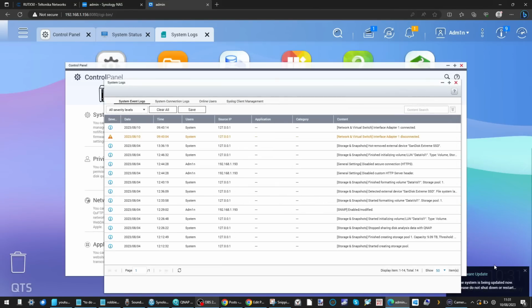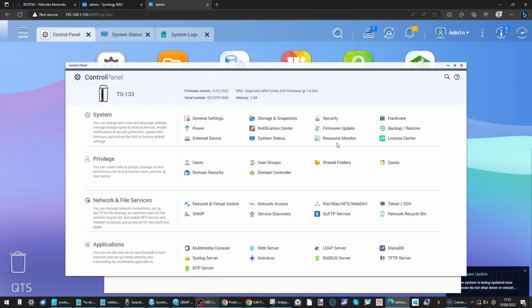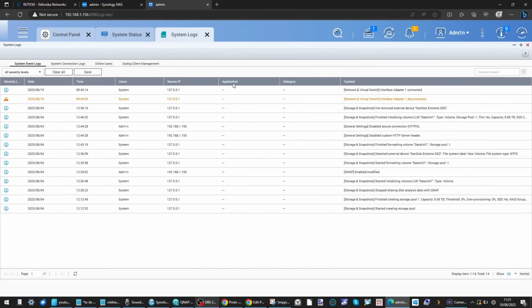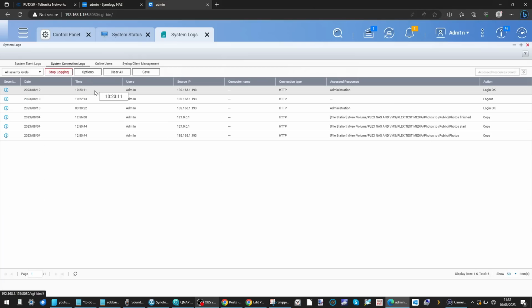But again, just taking a look there at the bottom, that thing to do with the system being updated, I did not set the system to do updates, and I'm not going to click firmware updates for reasons that will become clear in a moment. But when I logged in here, we can see there are the logins there, there's the fourth, and no gap there in between. The drive left, just like we saw on the Synology, all of the settings we implemented, nothing changed there. Now if we go into the system connections, again, things are absolutely fine there.